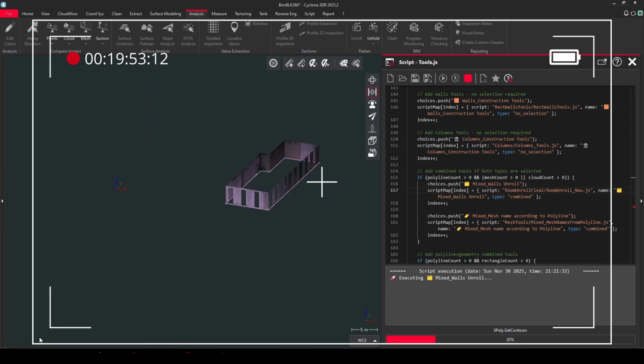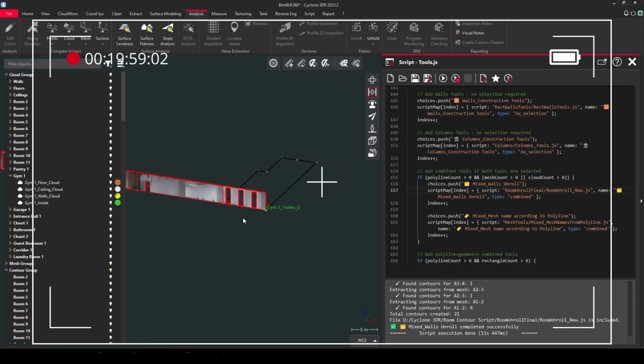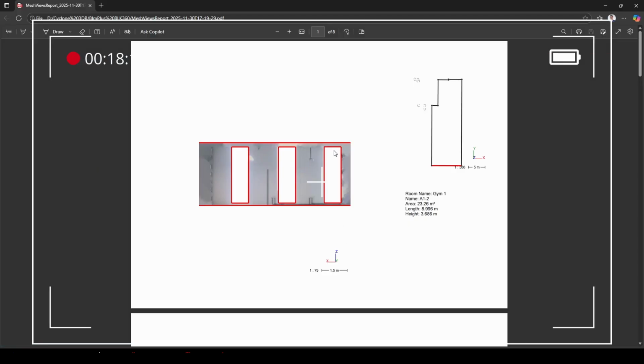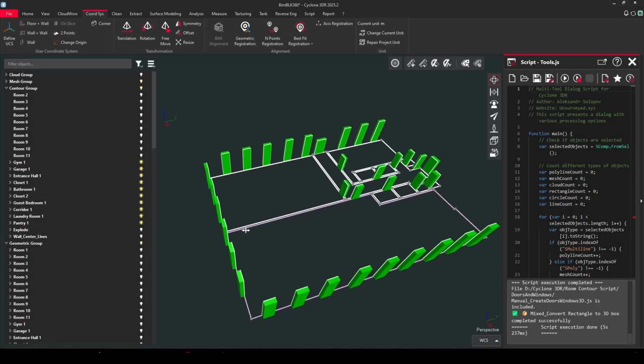Run the same tool, walls unroll, and here select unroll walls. In that case, when it's finished, you will see the PDF report. In the PDF report, a separate page will be generated for each wall. When all elements are extracted, like walls and doors and windows, you can also run the unroll tool to generate a report